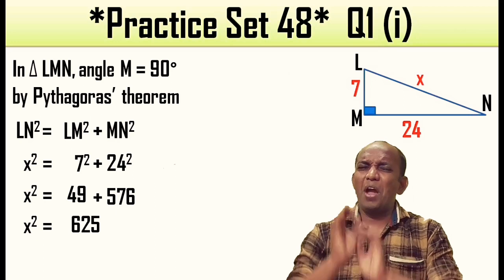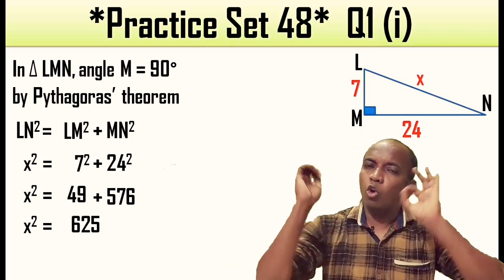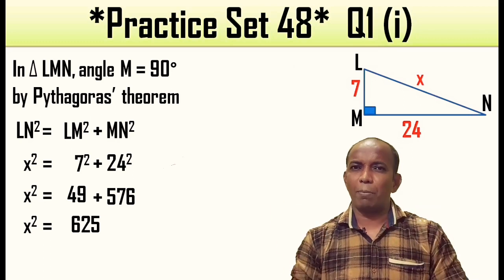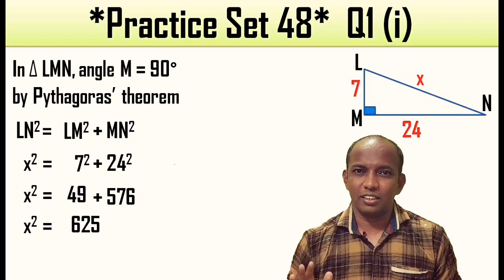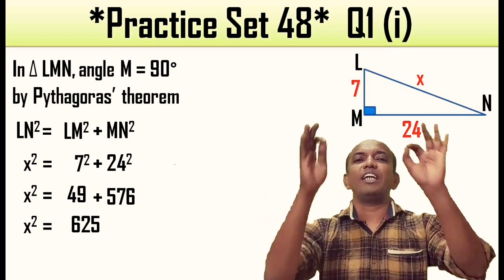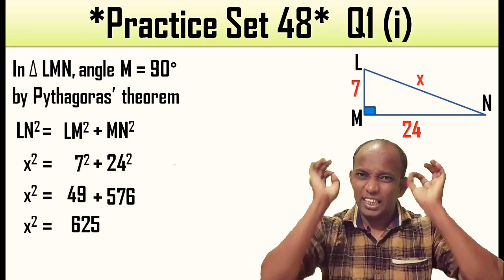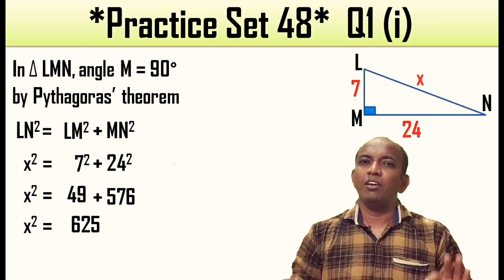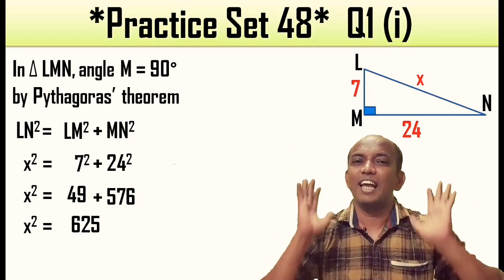And now a very, very important step. Dear, always keep it in mind, whenever you apply Pythagoras theorem to get the final answer, you always have to find the square root, whether it is the hypotenuse or any side. Your second last step will be finding the square root, and the last step you will get the answer.